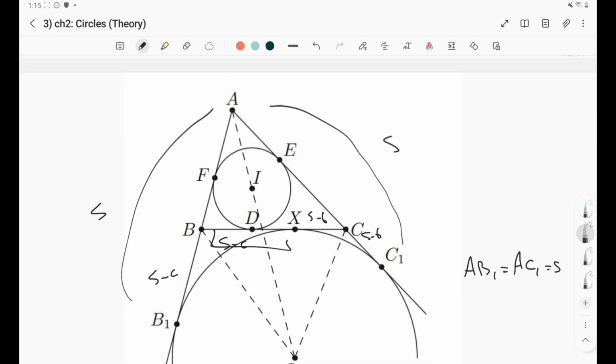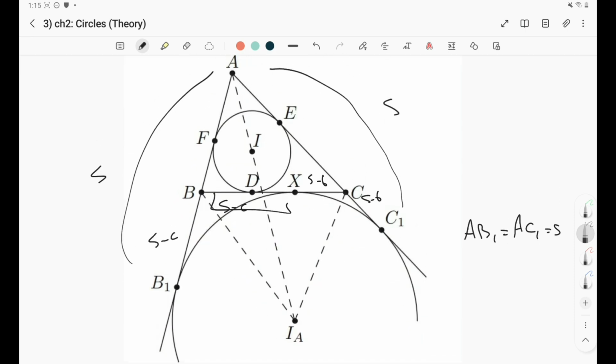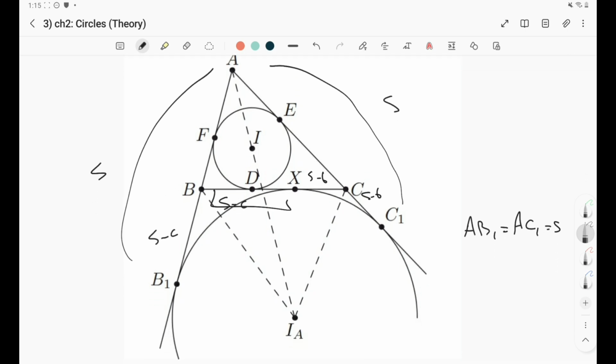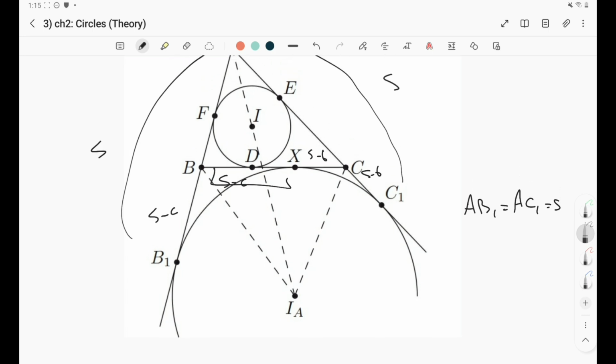So that means right now you have a method to play with the lengths of the tangents, right? This is pretty common. We're going to see it in our practice in the next video. In fact, this gives you a really nice thing,